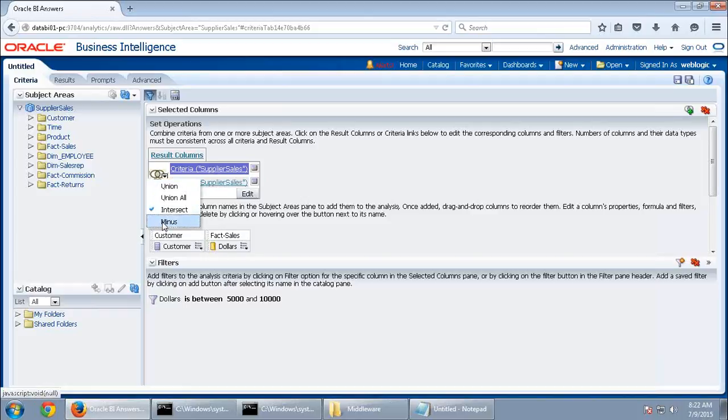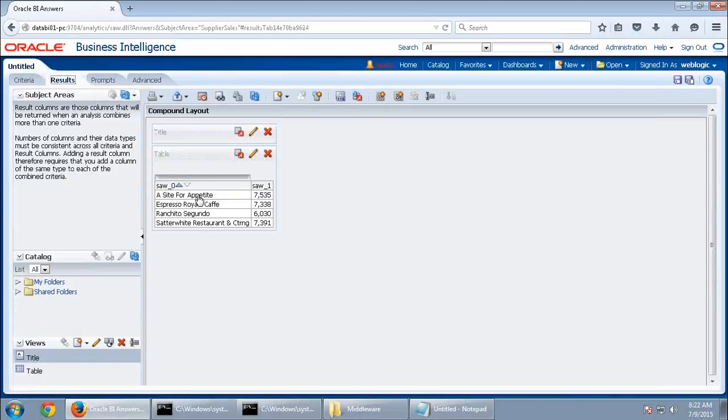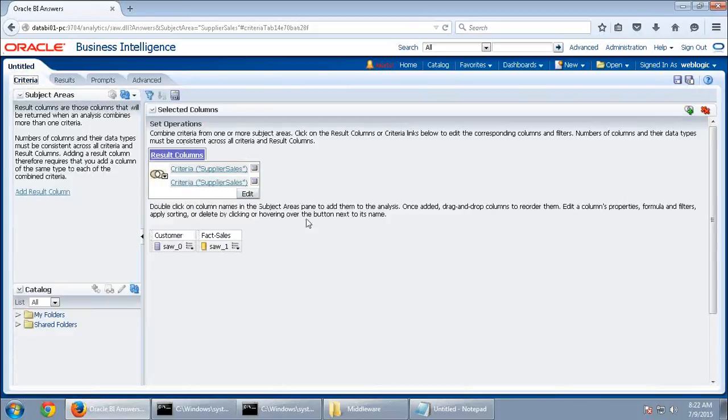So except that, all other records will come. Like 5 plus minus 1, 4 should come. Yeah, 4 will come, because your first criteria, between 5,000 and 10,000, will result in 5 records, whereas 8,231 is a common record from set 1 and set 2. That common record will be eliminated. That's it. Okay, so this is how your set operators can be used.